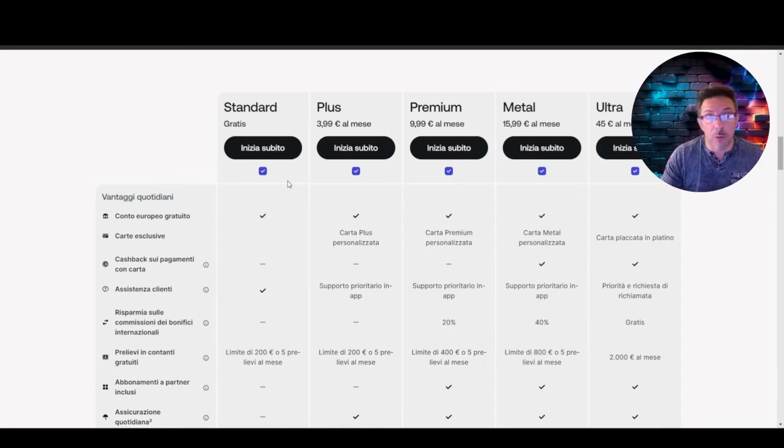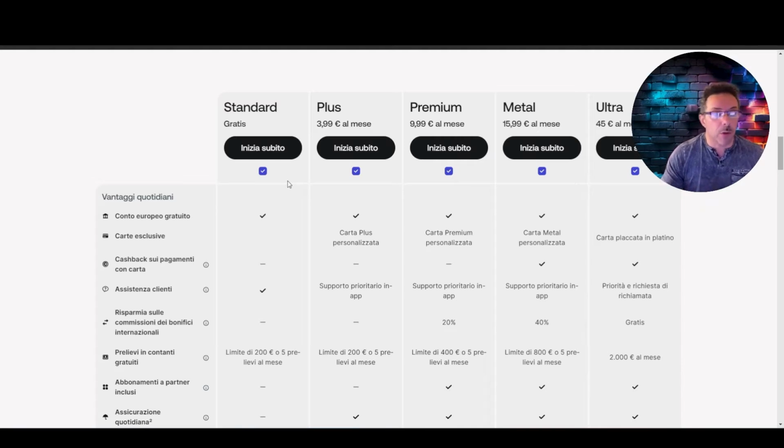And remember, Revolut will never call you. The support is exclusively through the Revolut application. So if someone calls you claiming to be Revolut or you get an SMS from Revolut, it's all fake. Revolut contacts you only and exclusively through their app. I want to make this very clear because it's easy for people to fall for scams, and honestly, we want to avoid scams.